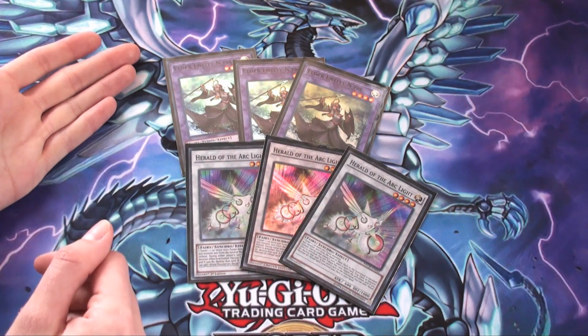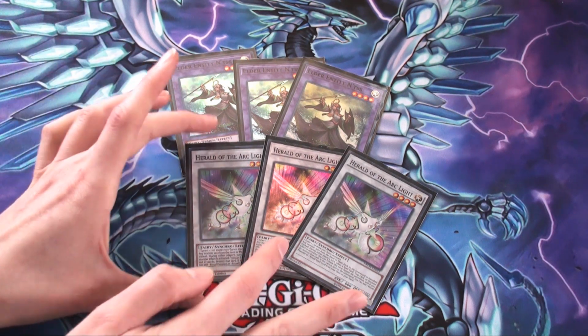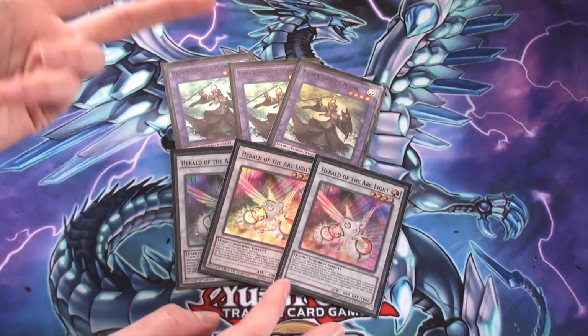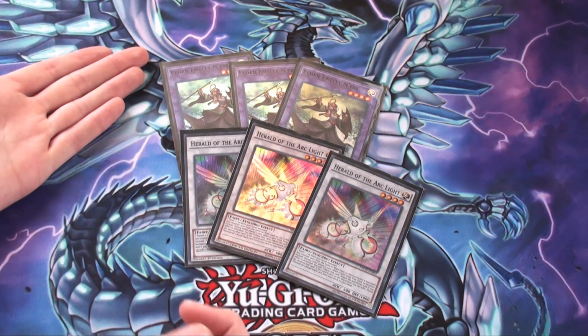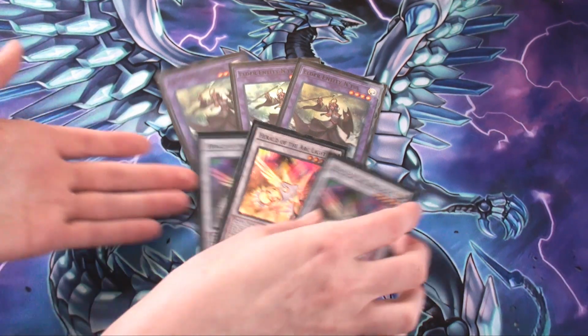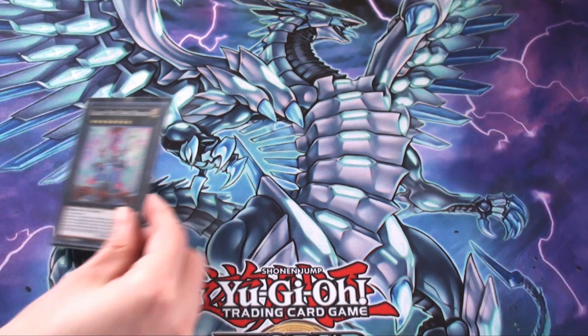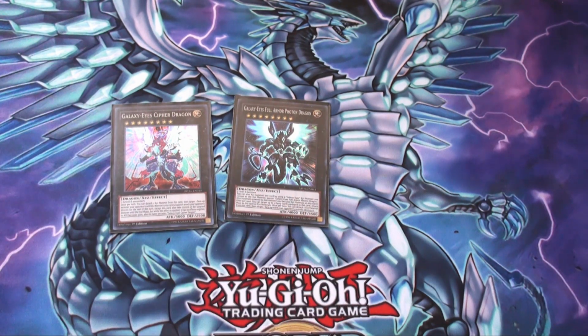I had most of these banished face-down, which is unfortunate, but once I pulled off the move with the Mega Monarch, I had at least 1, so that's still 1 card you can pop, 1 search you can do, and remember, with this deck, all it takes is 1 search, 1 card in your hand to get the ritual cycle going. I have the standard Galaxy package, I have Galaxy-Eyes Photon Dragon,